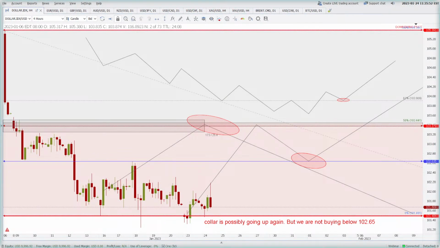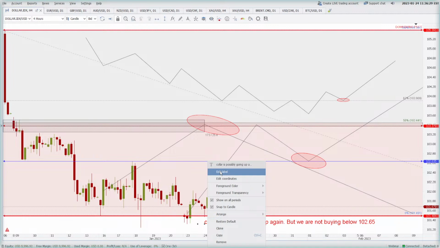So this is the first chart on your screen right now. This is the dollar index. The platform that I'm using is the J Forex 3 platform. This is the dollar index on the 4-hour, and we are 6 candles away from yesterday. If you take this candle and go back 6 candles, here we were yesterday, that is 23rd of January, and on that candle I said that dollar, it is dollar,